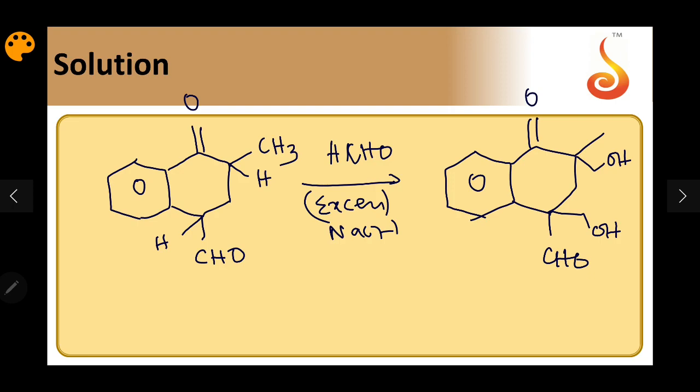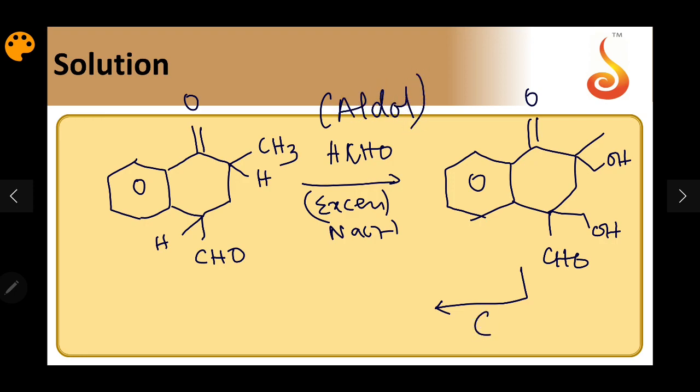Now it undergoes cross Cannizzaro reaction. So remember, in a cross Cannizzaro reaction, when we have formaldehyde in the system, always formaldehyde gets oxidized, the other compound has to get reduced. So whatever carbonyl groups are present in the given reactant will convert into alcohol, because formaldehyde is getting oxidized to formic acid. So this is the Aldol step,